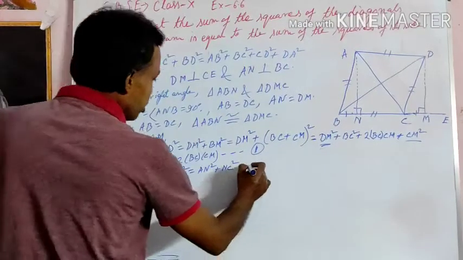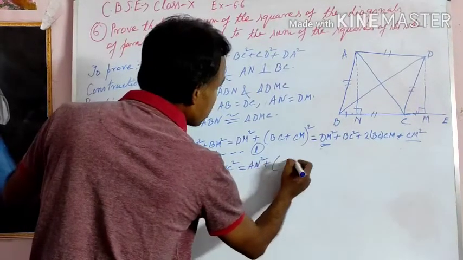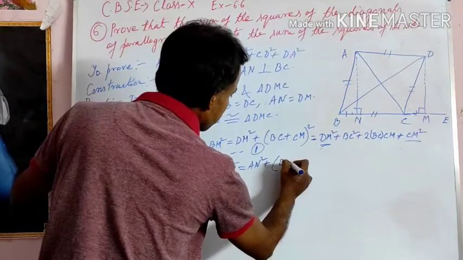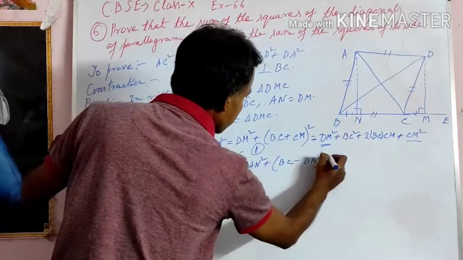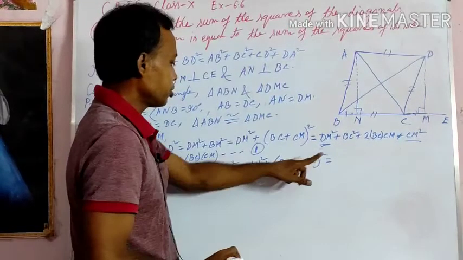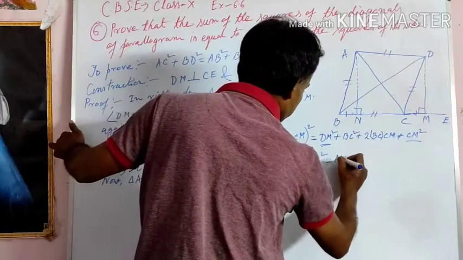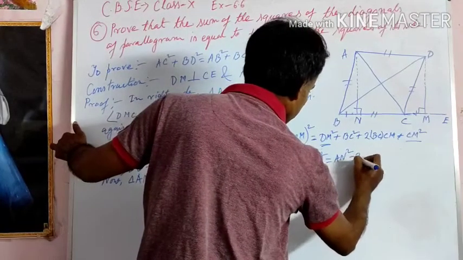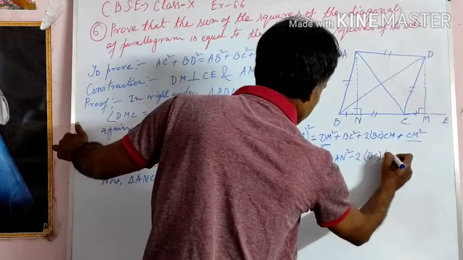So AN square will be as usual, plus NC replaced by BC minus BN whole square. This is (A minus B) whole square, A square minus 2AB plus B square: AN square minus twice BC into BN